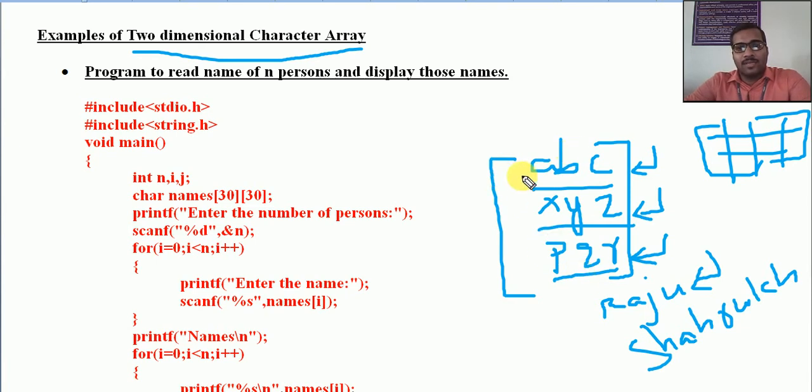So you might have understood. I'll just explain once again: this is like an array, a single row. In an integer array also, this is like another array, and this is like another array.